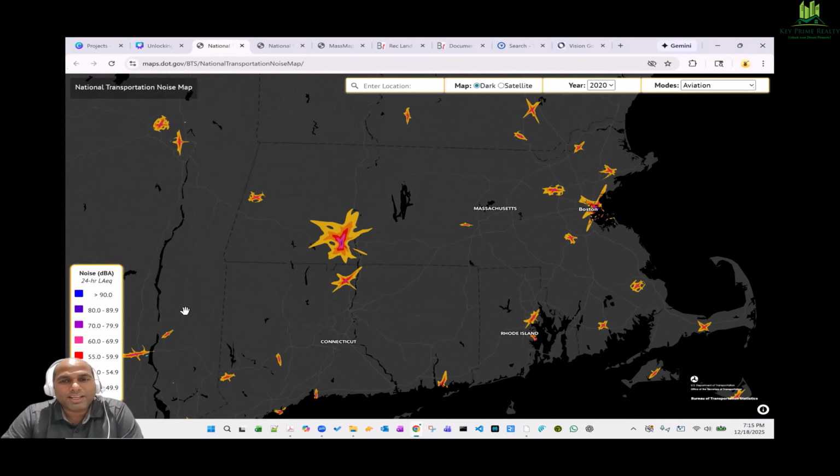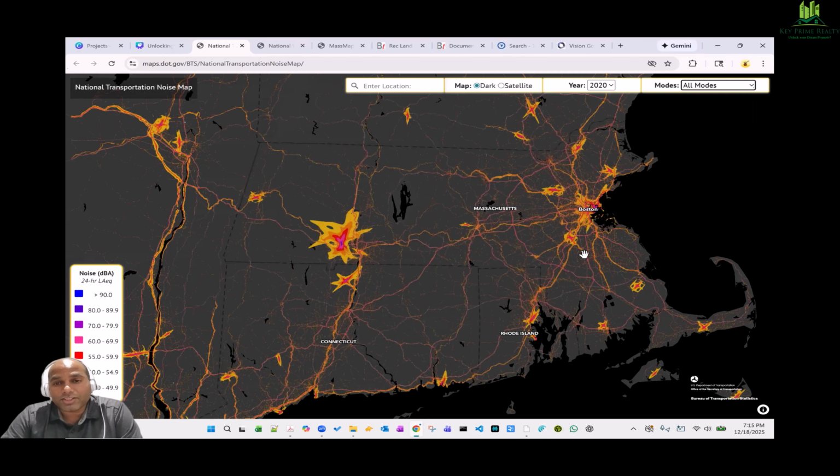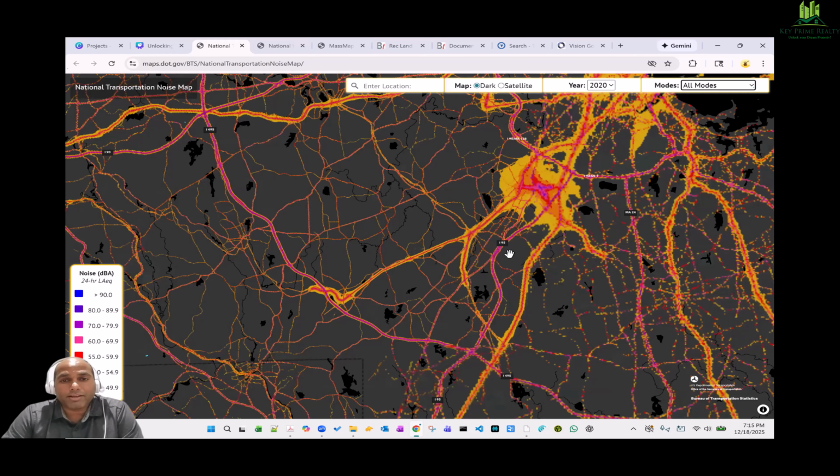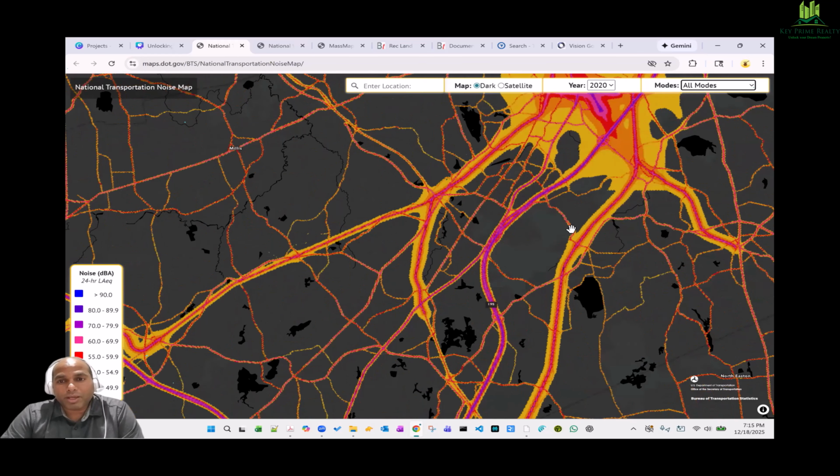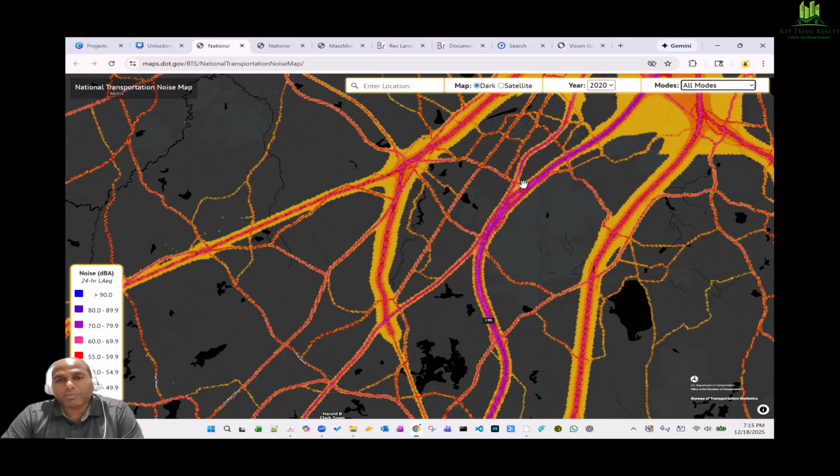So noise dBA, I think this is aviation mode, which is why you're looking at the noise levels at the airports. But if you look at all modes, then this tells us, if a parcel of land is adjacent to the highways, this is quantifying it. There could be a perception that it is adjacent to the highway,